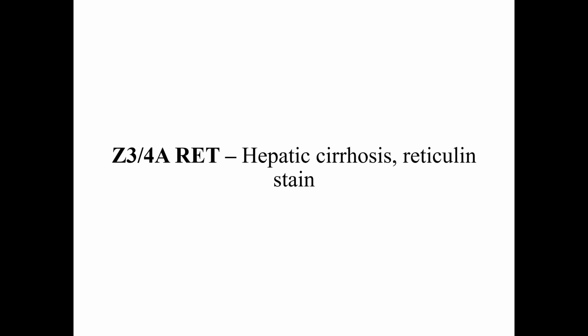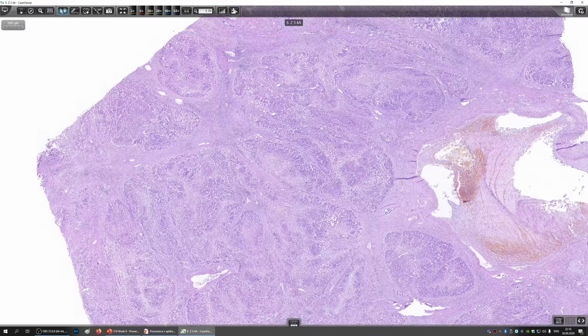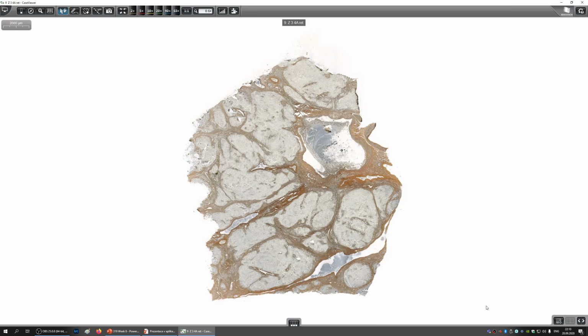In order to highlight cirrhosis, we stain for reticulin. Reticulin, or collagen 3, is a special type of collagen. Most collagen in the body is collagen 1, that is structural and elastic a bit, and the reticulin, collagen 3, is a bit more stiff. And in the liver there is normally a lot of reticulin, which is arranged,